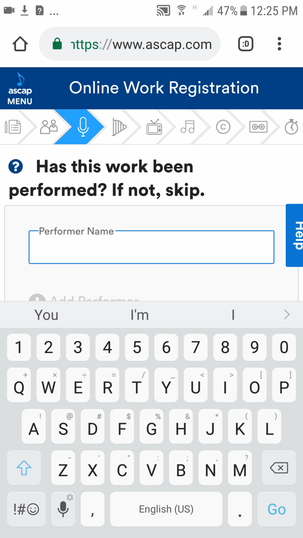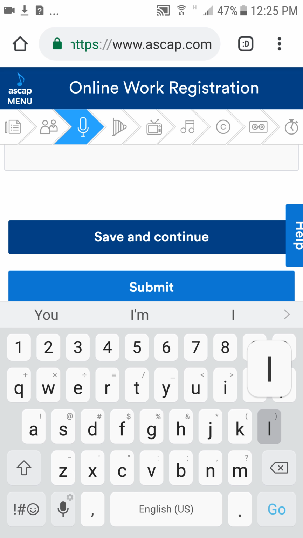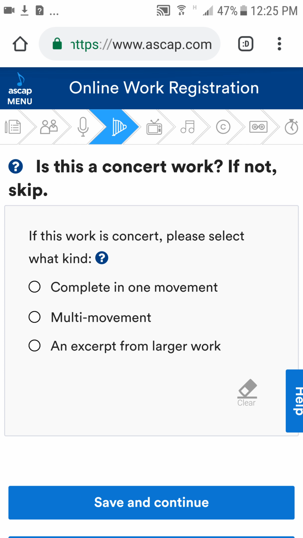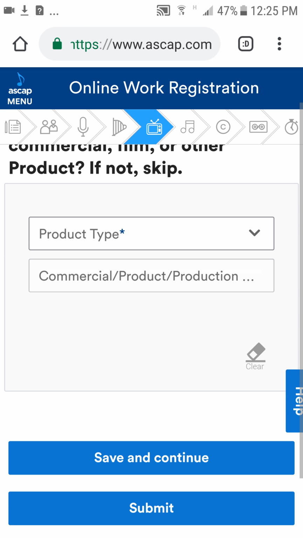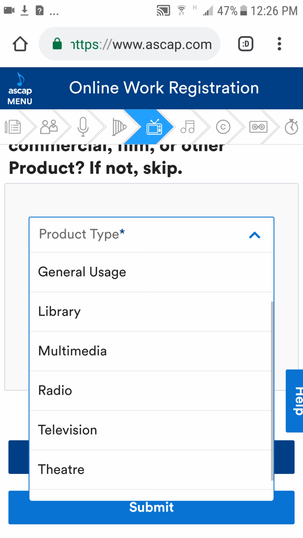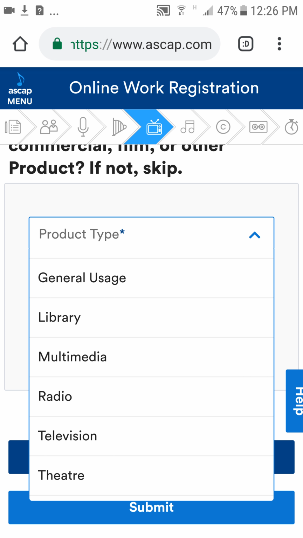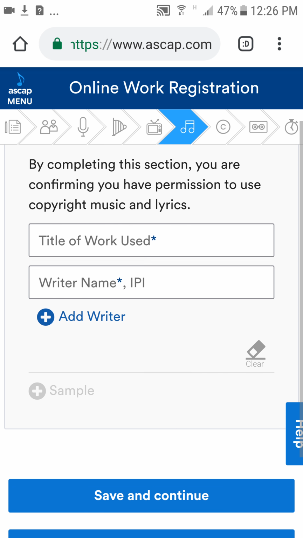Your performer name, if you're the performer on it, you type in your name. You don't really have to put that in if you're not doing a big show or anything like that. You can go to continue, type. If you're not doing a jingle or doing it for a movie or for a library, like Getty would be for a library, and I would put the track in for the library and then collect off of that. But we're not going to be going over that right now. I'll be going over that later on. And then for the track,